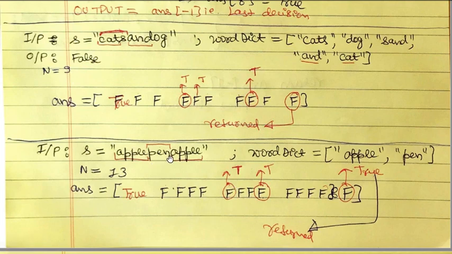So pen is the second one. We first took apple and again take 5 letters starting at pen, so PENAP, and we compare it with apple and we don't succeed, so it doesn't match. Then we go to the next word in the dictionary, pen, and now we choose a chunk of size 3 starting at P, so PEN, and again it matches. So again after 3 we replace the false with true, so we were able to match it,